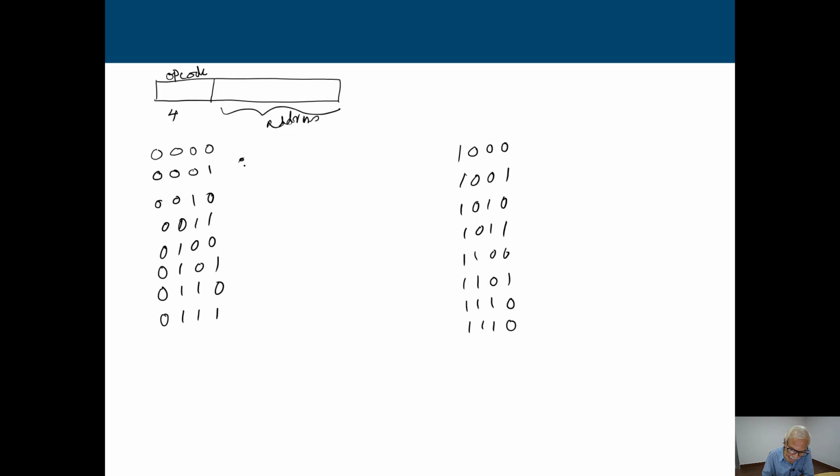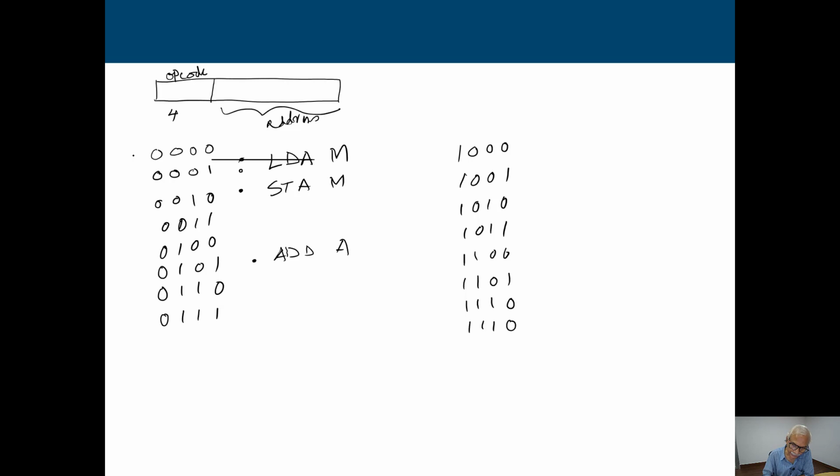Already we have used this particular code 0001. It is nothing but load accumulator from the memory location M. I think we have used this particular code 0010. It is basically store accumulator to this particular memory location M. Similarly, I think we have used this particular code 5, and what we are doing basically is add accumulator. Okay, so I think these are the instructions that we are using till now.